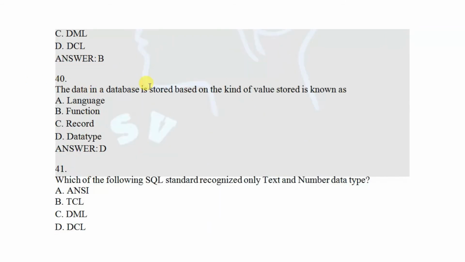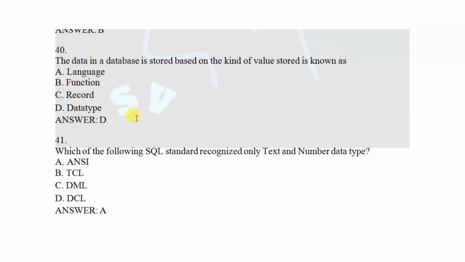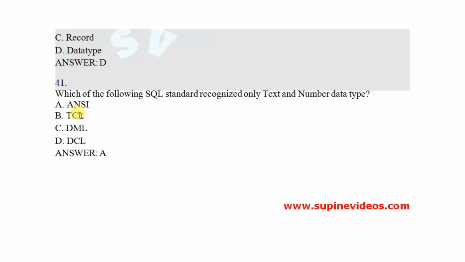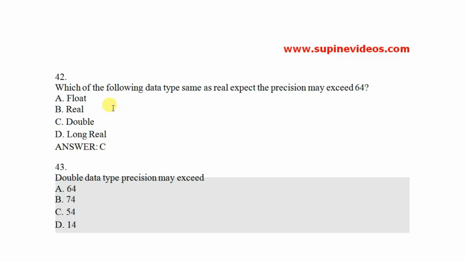TQL. Question number 40. The data in a database is stored based on the kind of value stored is known as, your answer is option D, data type. Question number 41. Which of the following SQL standards recognized only text and number data type? Your answer is option A, ANSI. Question number 42. Which of the following data types is the same as real